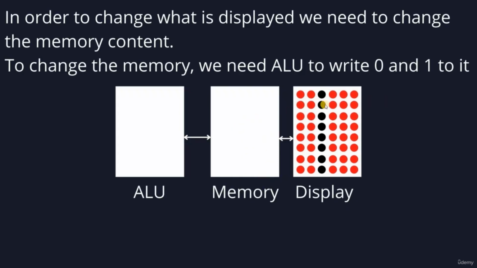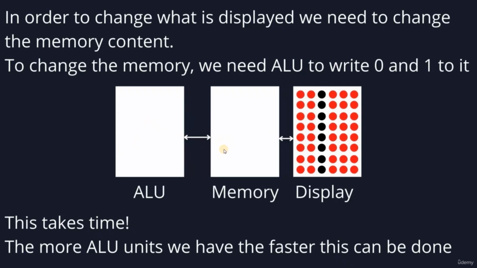So assume that you want to shift everything by 1 right here. You're going to let the ALU perform some mathematical operation, and it's going to change the memory content here, and you're going to see this right here shift by 1 unit, right? So you change the memory, the display is going to change, but in order to change the memory, you might need to create some mathematical operation, let's say, in order to change it. Now,